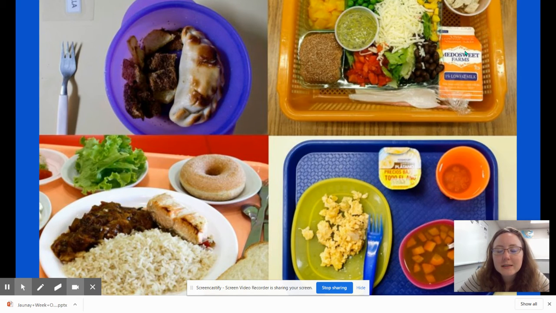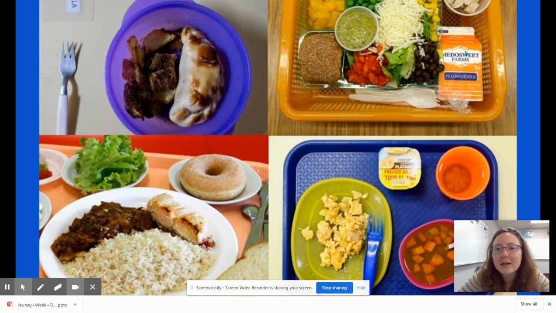So, we looked at a series of slides showing images of lunches or school lunch trays from different countries in the world. And then we used an application called Poll Everywhere so that students could vote on which country they think had prepared each lunch. As we went along, we discussed a little bit of different foods that were common in different regions and different clues we might have that would make us associate one plate with one country instead of a different country.